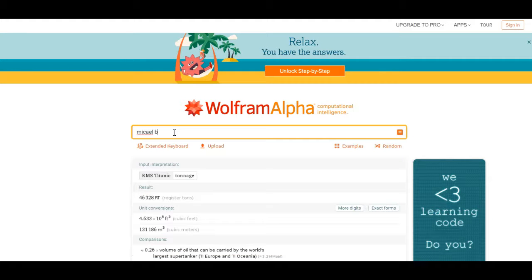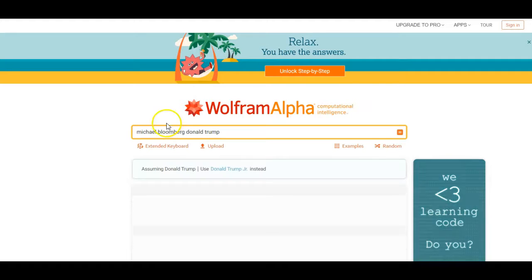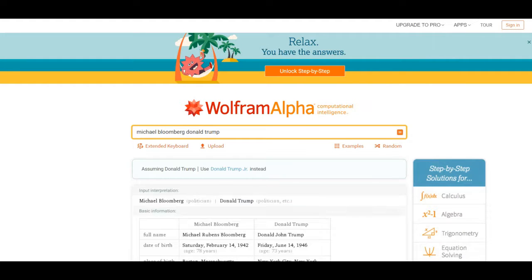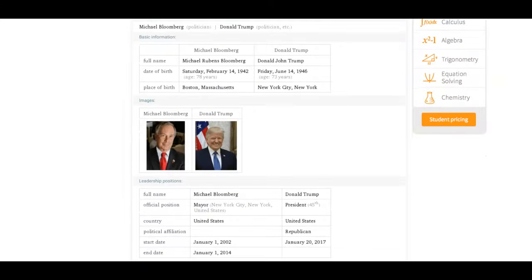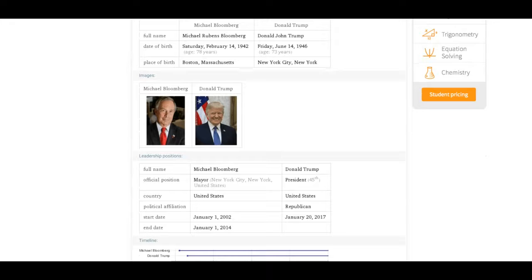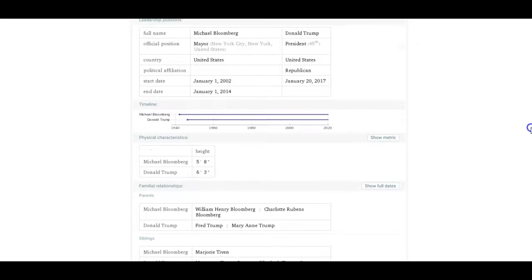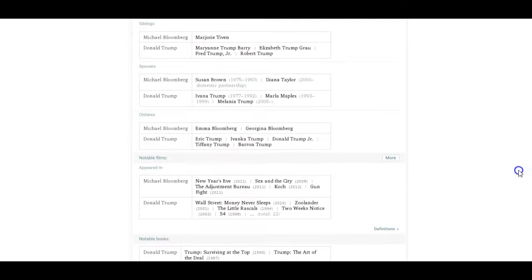presidential candidates. Let's do Michael Bloomberg, if I can spell Michael appropriately, and Donald Trump. Again, let's try and stay apolitical. This is just for the purposes of comparison. So literally, it gives you kind of a grid and puts two people next to each other, and you can do this for corporations as well if you wanted to compare Google to Apple, that sort of thing, and you can see just a wealth of information on both of them,